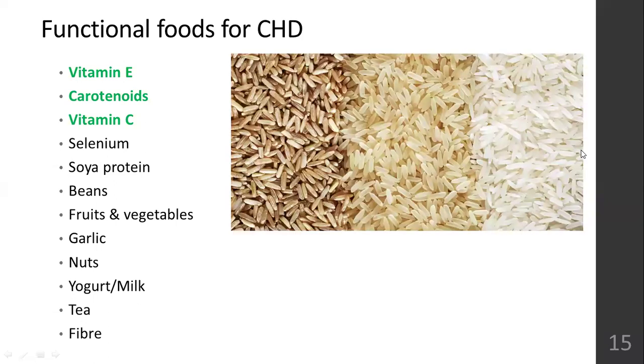Coming to selenium. Next is selenium. In non-vegetarian sources, kidney, liver, seafood are good sources of selenium. If you are a vegetarian, for a vegetarian diet, you have parboiled rice, or red rice, brown rice, wheat, ragi. These are good sources of selenium for vegetarians, since you can't have seafood, kidney, livers from animal products for selenium based food.